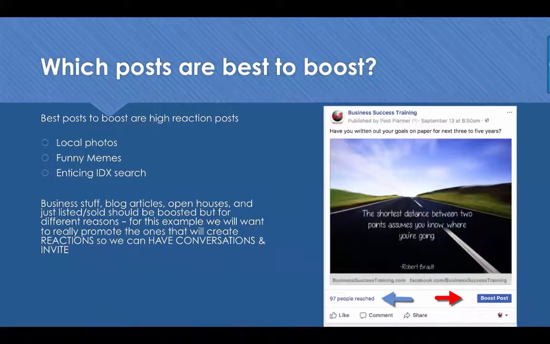Let me give it some love. Funny memes that you've either created on your own by getting a great picture and then putting some text to it, not too much text, no more than 20%. You do that through Canva or WordSwag, creating an enticing IDX search where people are going to ask questions about it or like it. The business stuff, blog articles, open houses, just listed, should also be boosted,